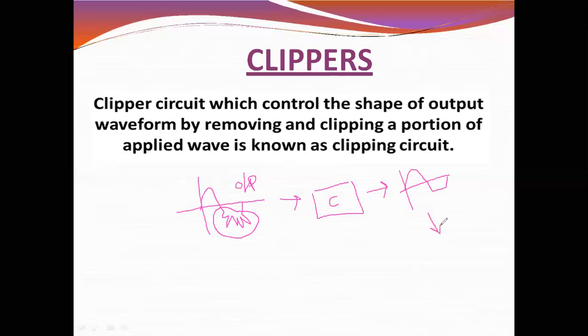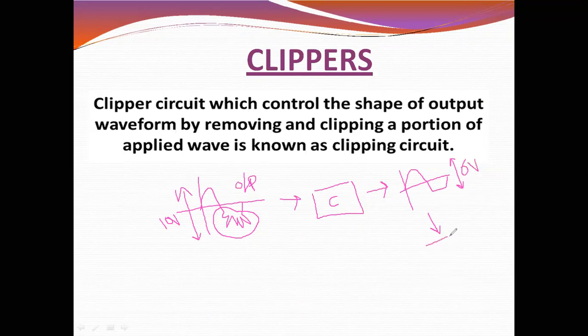You get one doubt. What is your doubt? Here, what is my amplitude? Suppose my amplitude is 10 volts. After applying it to the clipper, what is the disadvantage? I am getting a loss of amplitude. What is the amplitude here? Suppose I am assuming 6 volts is the amplitude I got at the output.